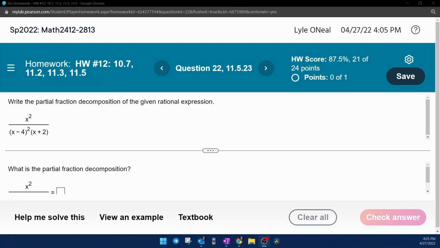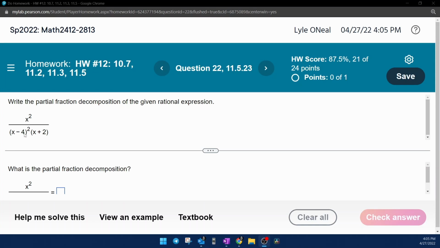Right, here we go. Question 22 from our Precalculus homework number 12 in MyLab Math. They want us to write the partial fraction decomposition of the given rational expression. And looking at this rational expression, we can see that the factors are linear and that there is a repeated